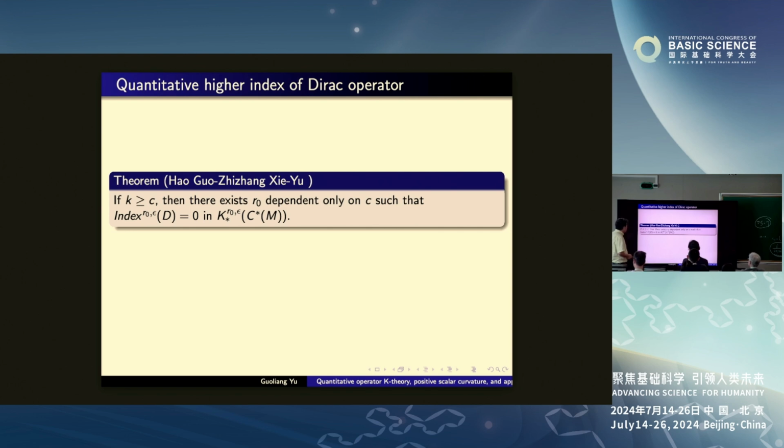Now this will make a connection to the quantitative K theory. If your scalar curvature has a lower bound C, positive, then not only does the higher index vanish, but it vanishes in quantitative K theory of a certain scale. This constant depends only on C. Previously we introduced the quantitative K theory to compute K theory, but now